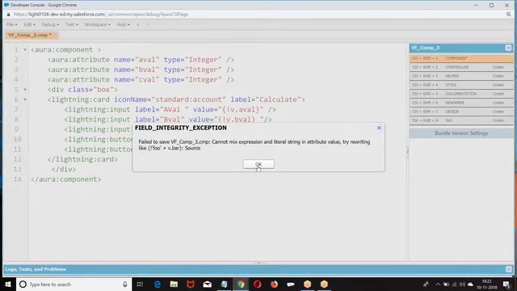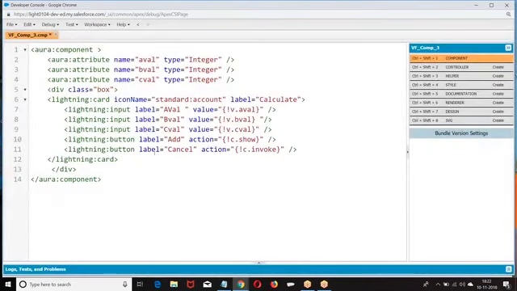Oops, illegal string attribute value. Where was that? Label action, line number 10. Label, it should be on click, right? On click.